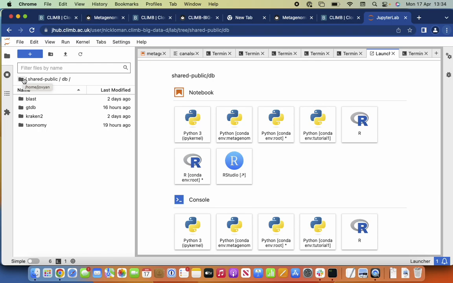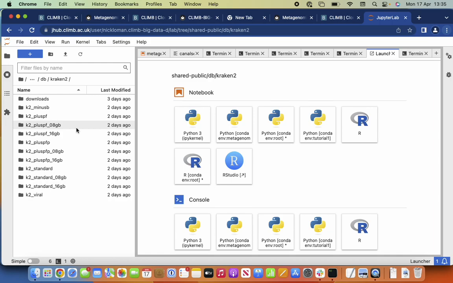So say we've pre-populated with a few things, like if we go into the Kraken directory, we've got various directories that represent Ben Langmead's pre-computed indexes. Okay, so